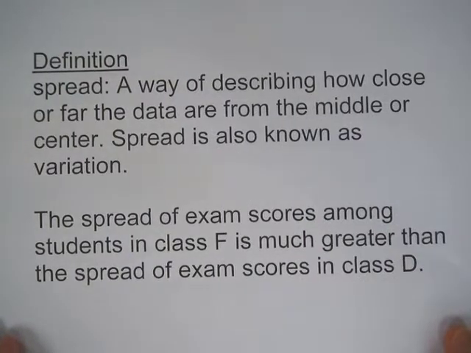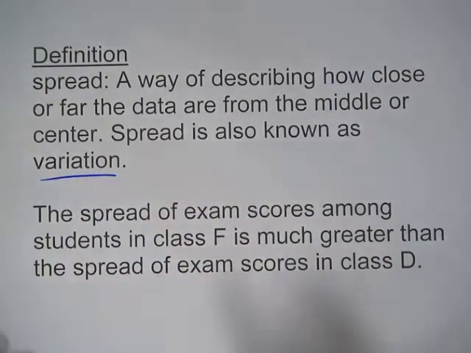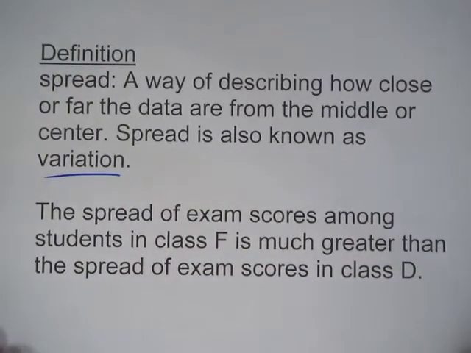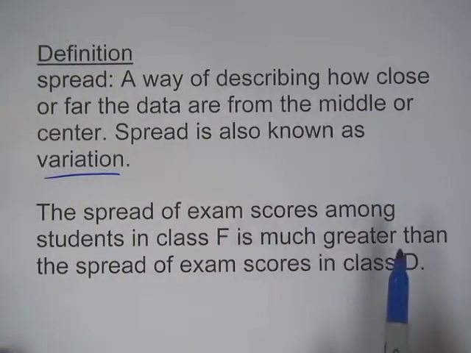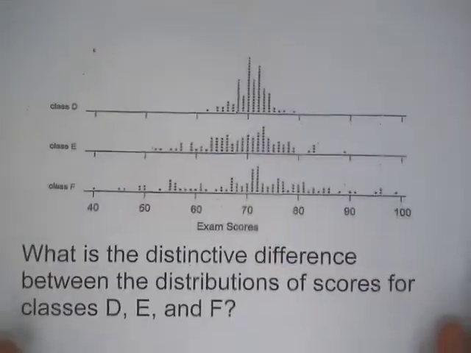the spread. The spread is a way of describing how close or far the data are from the middle or the center. Spread is also known as variation, so those words can be used interchangeably. The spread of exam scores among students in Class F is much greater than the spread of exam scores in Class D. So again, if we take a look at the three classes,